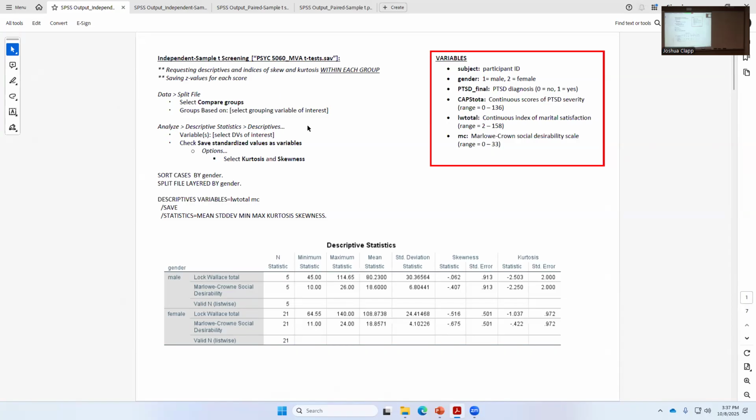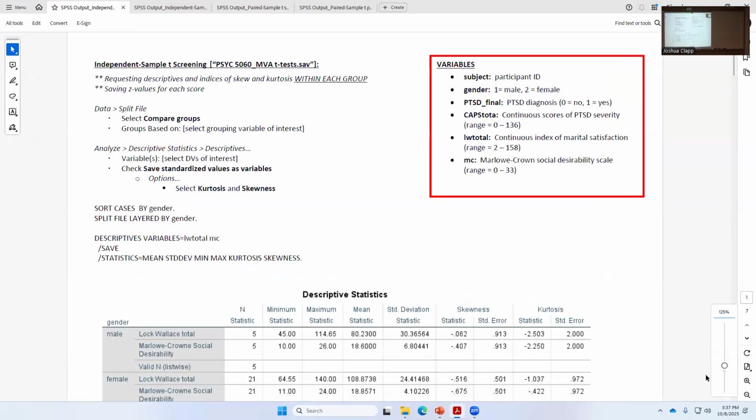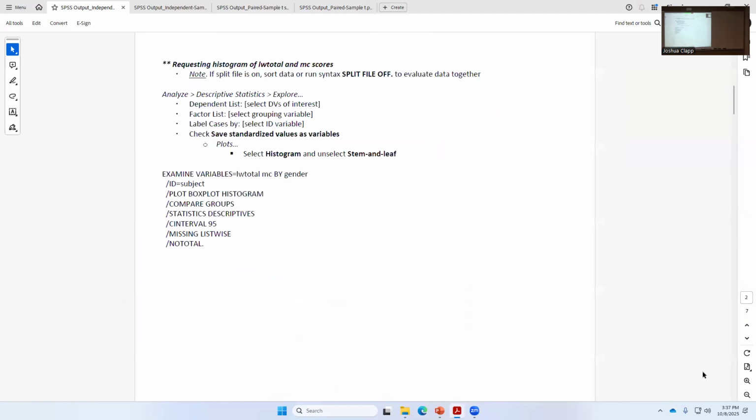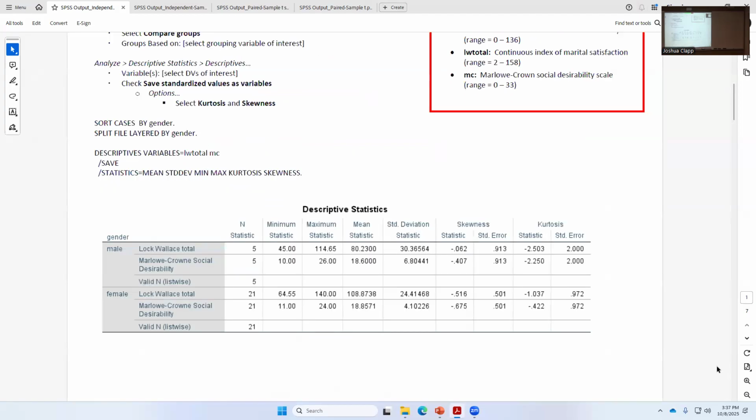So it's critical, as you're working through this, that you're always splitting the file. Again, we'll make a big point of that in the video: make sure you're splitting things up so that you're looking at groups separately. That's what we're doing here with some of these initial commands. Then we're going to go down through and look at our descriptives for both men and women within this sample. Jack, just looking at this output,